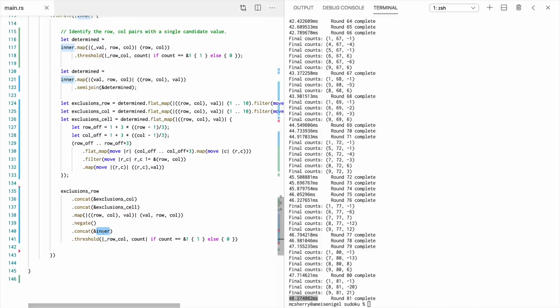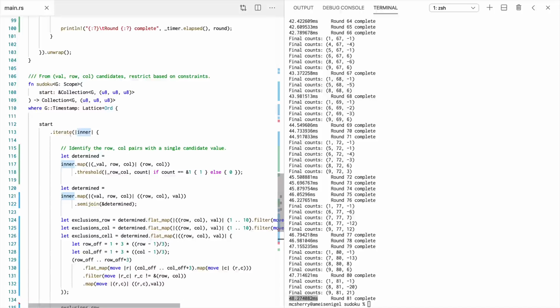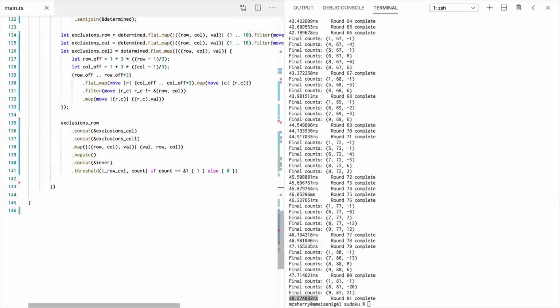And I'm going to try to explain why that is, and also why that might be a good idea to swap it out for something else. So what we're looking at down here is we've already computed from all of the determined values all of the exclusions that we possibly can produce. And then we're going to subtract those off of, in this case, our current candidates, but we could totally have just used the initial candidates that came in, these start candidates up here. So we could totally say start.enter of